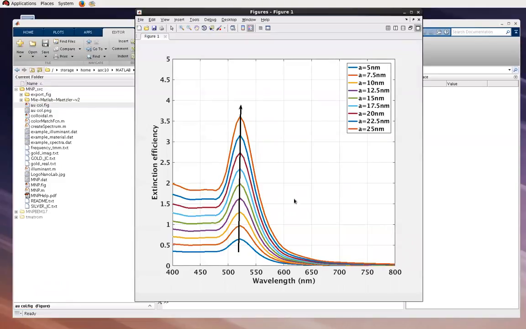this kind of a picture. And as I also discussed in the lecture slides, the extinction efficiency is getting higher as we're increasing the radius of the particle from 5 nanometers to 25 nanometers. This is an expected result. There is a very tiny redshift too that I can't really keep track of from this figure, but